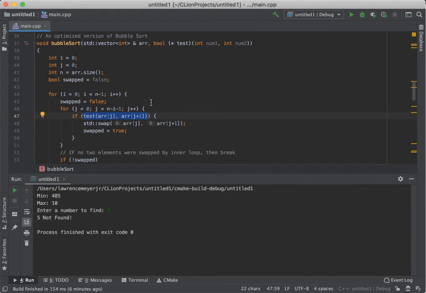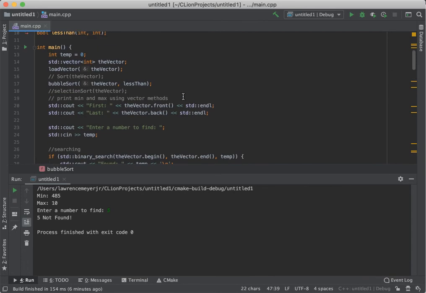So if I pass in less than, that'll say, is this one less than that one? If it is, swap it. Which in effect, the less than function means sort the array from largest to smallest. If I pass it the greater than function, if this is greater than that one, it'll be true. It'll swap it. That is a standard, incremental sort. So it takes it from the smallest to the largest. So just by changing the function call,